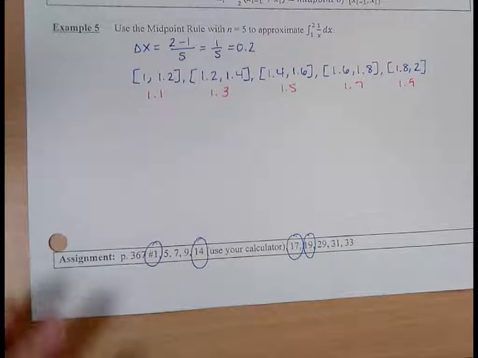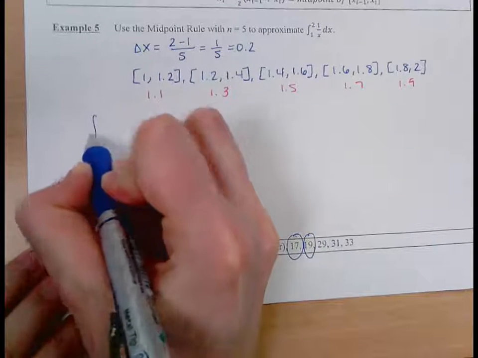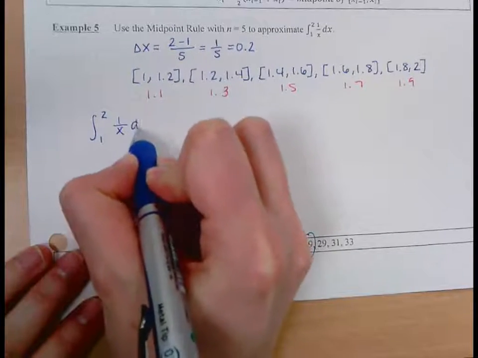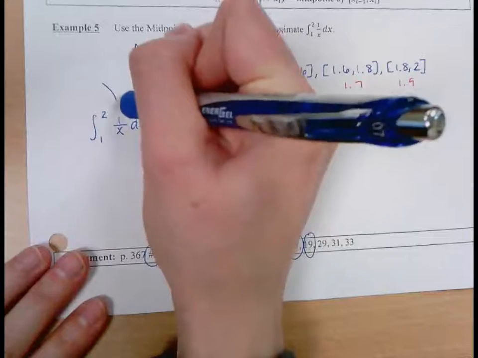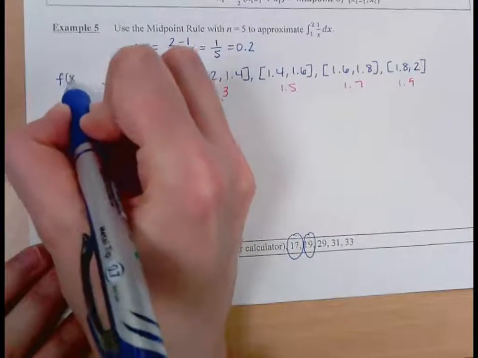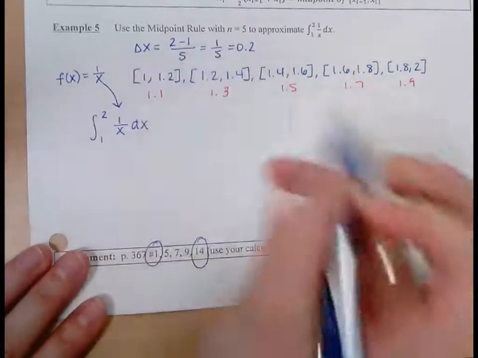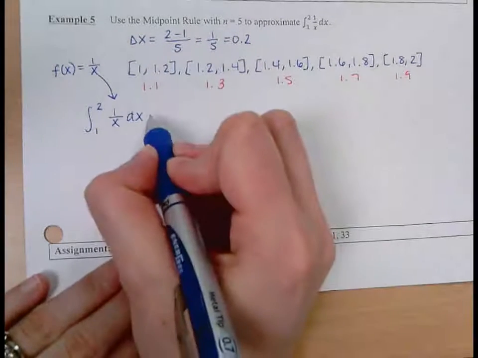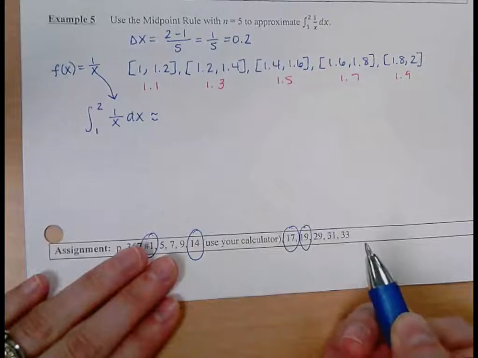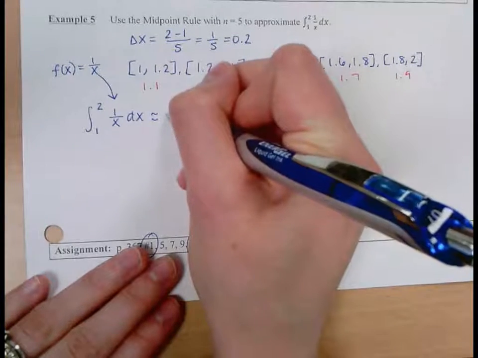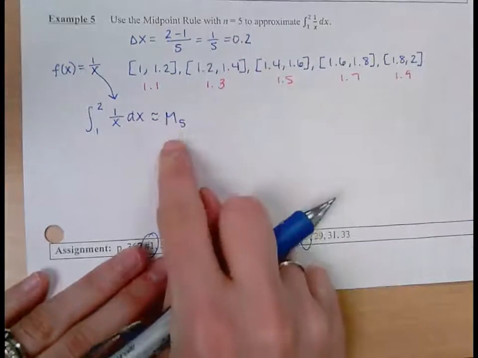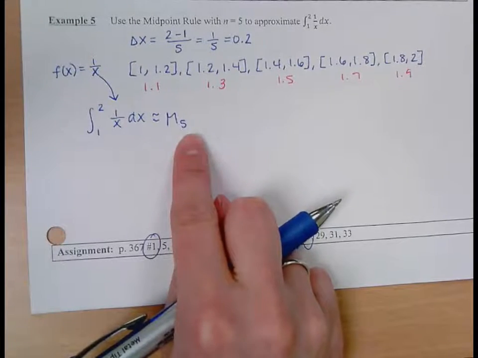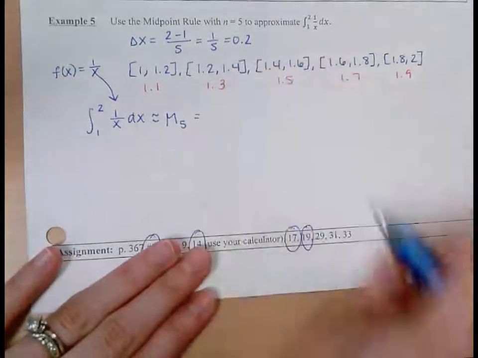All right, so then I would say the integral from 1 to 2 of 1 over x dx. And that means our function is 1 over x. So this is approximately equal to, and I'm going to put here then M sub 5. So I'm using the midpoint rule with 5 intervals, 5 rectangles. And that's equal to,